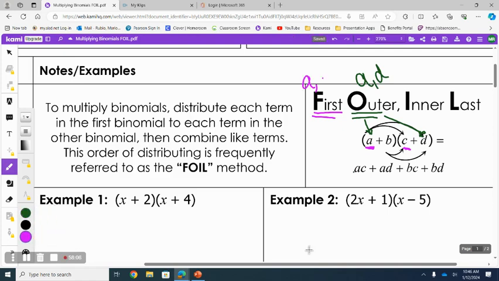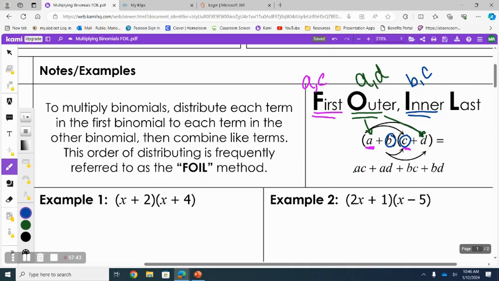So which ones are the inners? What letters are the inner? B and C. Let me put that in a different color. So the inners are the two inside numbers. Like I said, inside, outside. B and C. And again, all this is telling us is the sequence or the order in which to multiply